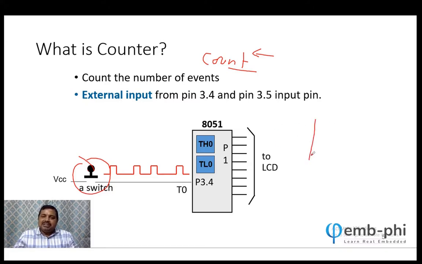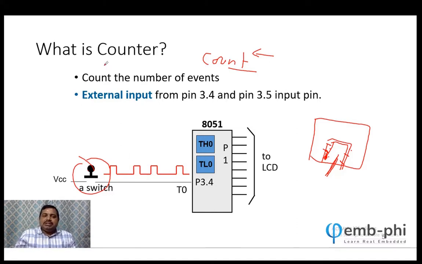One more example I'll give. Consider in a shopping mall you have seen that a metal detector is there. When someone crosses, it says beep, again someone crosses, beep. What is this? Actually, it's sensing. It has an IR sensor, infrared sensor, a transmitter and receiver. Using that, whoever is passing, it is counting. It says 1 person came, 2 persons came, 10, 20 persons came, and now nobody is coming.